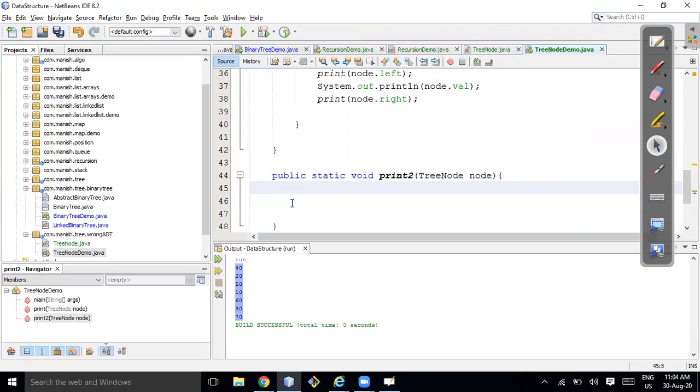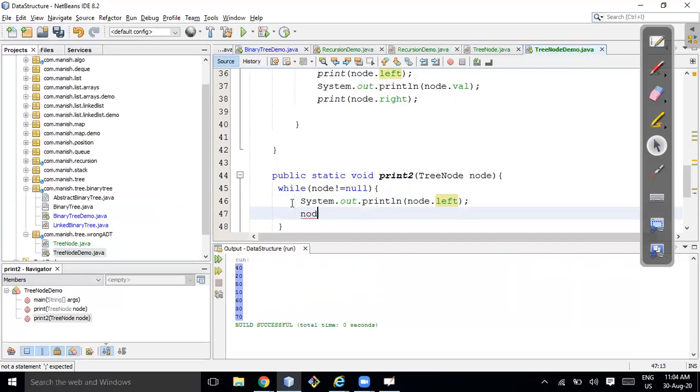While node not equal to null, you can print node dot left, and here you can assign node equal to node dot left.